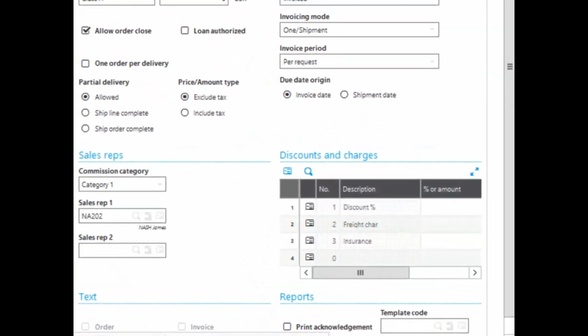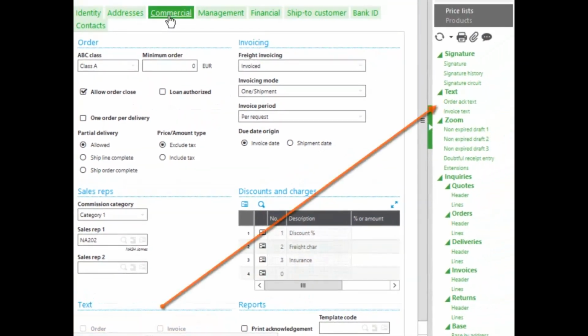Specific customer texts can be added to order acknowledgments or invoices. These are defined in the right menu under the Text section. Finally, if it is required to send an order acknowledgment to the customer, you have to check the Print Acknowledgement button and select a Crystal Report template. On the Management tab,